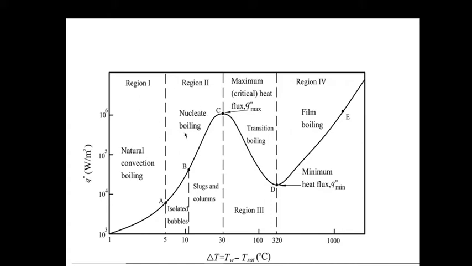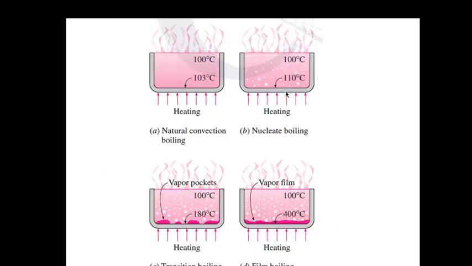What is meant by nucleate boiling? Nucleate boiling has two phases. First, the temperature goes beyond the saturation temperature of the fluid, and then it starts the formation of bubbles. Why do these bubbles form? The bubbles form due to the vapor trapped between molecules, and then it gets exposed to the surface. In nucleate boiling, bubbles are formed.